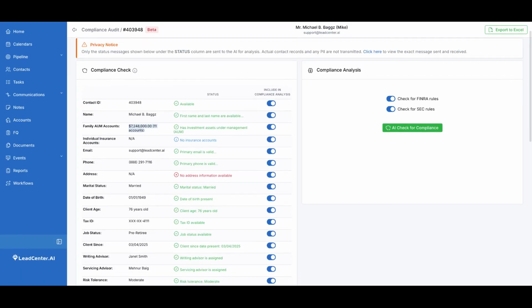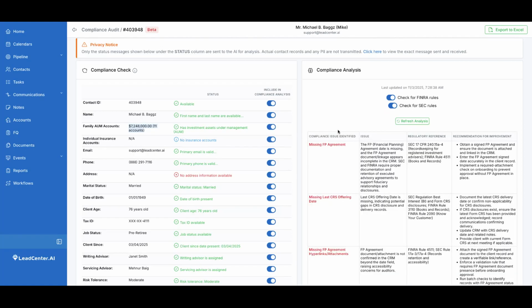Now, here is the best part. You can use AI to analyze the compliance automatically. It's super simple. Just click AI Check for Compliance. In just a few seconds, the system will review all the contact records and identify compliance issues based on FINRA and SEC rules. Once the check is complete, you will see the results in a table on the right